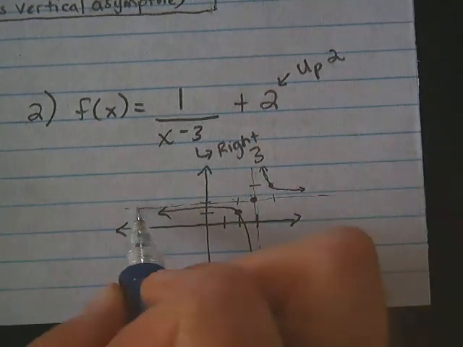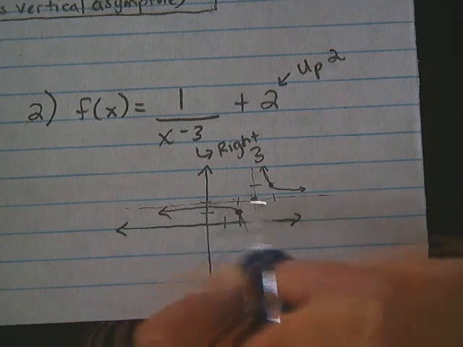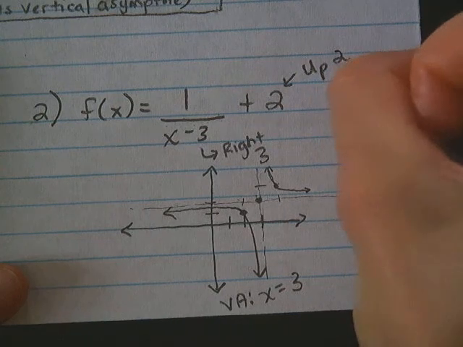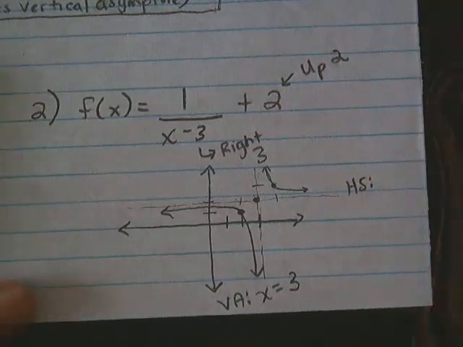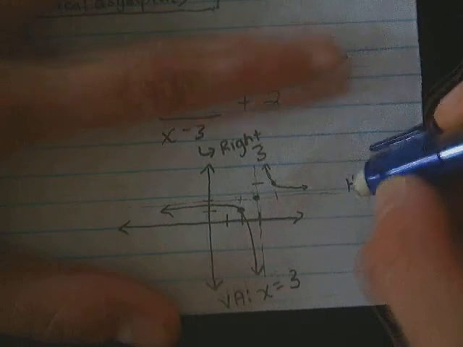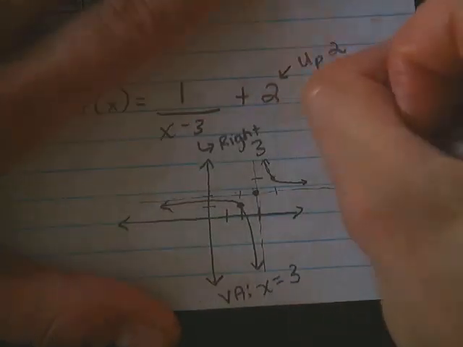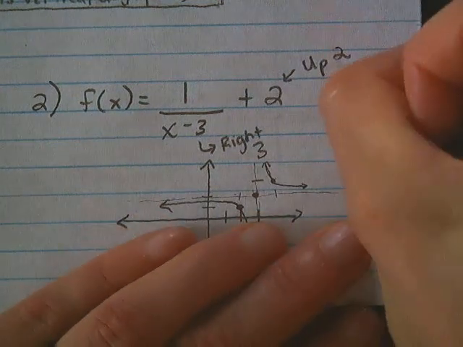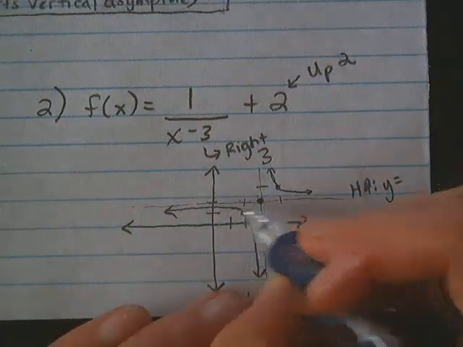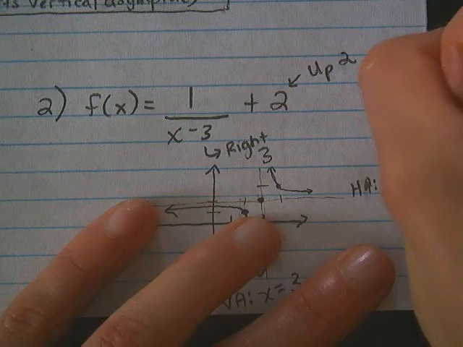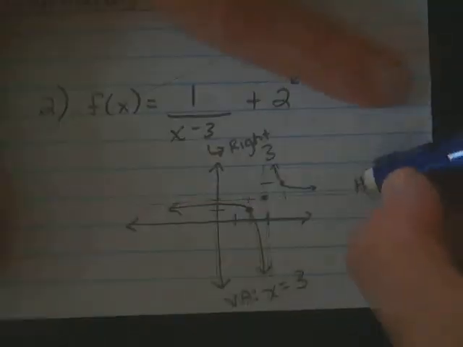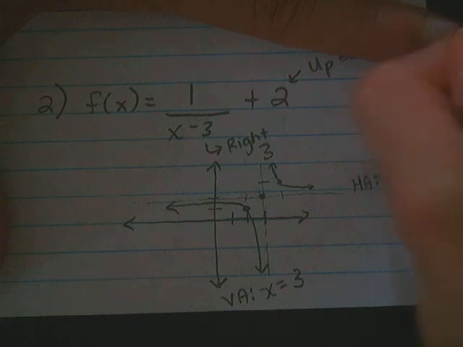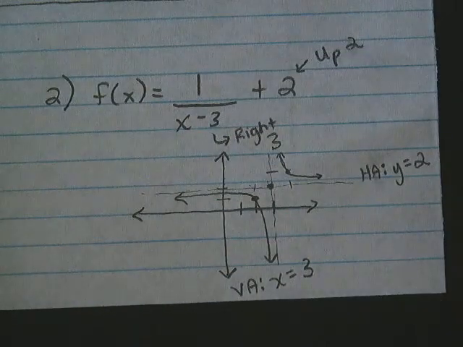And then your horizontal asymptote, because it's touching the y-axis at one point, I'll put HA for horizontal asymptote, would be y equals, and then you tell where it touches the y-axis, which would be y equals 2. Okay. So let's go back to this other problem and practice telling the vertical and the horizontal asymptote